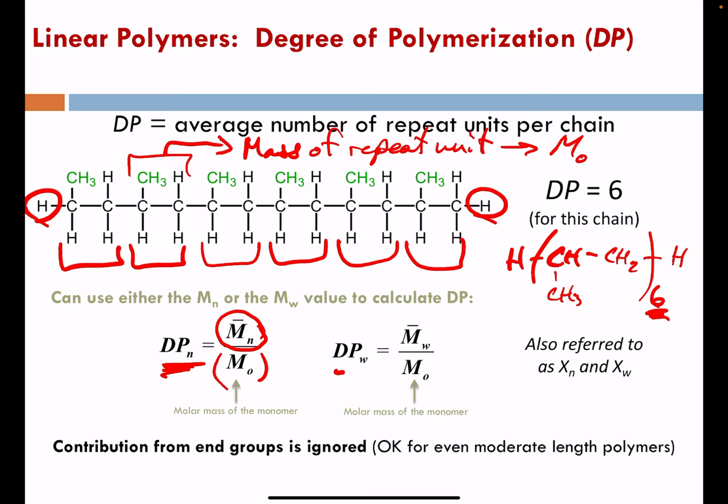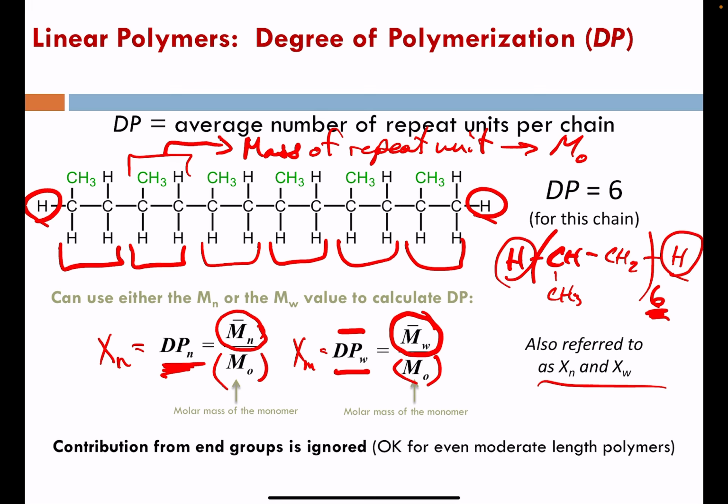Okay, we can also have the weight average degree of polymerization, which would apply the weight average molecular weight divided through by that molar mass of the monomer. Xn is synonymous with DPn, as well as Xw synonymous with DPw as well. Okay, for these calculations, as you've seen, we've largely ignored the mass contributions of end groups, given that most polymers have degrees of polymerization that are on the order of 20 or